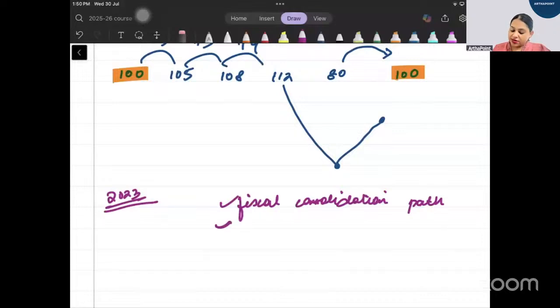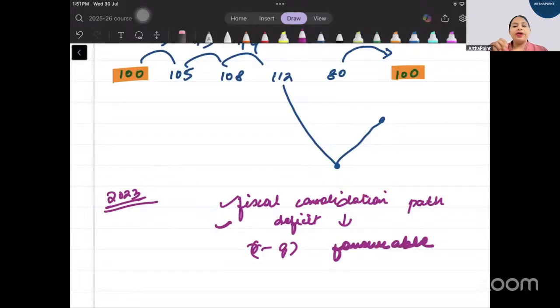We saw that now again the deficit started decreasing for the government. External debt also was modest, not a very high amount. And the R minus G gap started becoming favorable for us, thus ensuring that we have stability in the economy. So yes, overall, this is the debt sustainability history that we have for India.